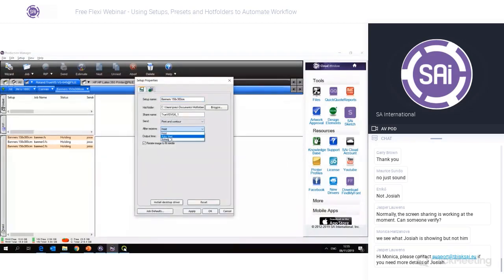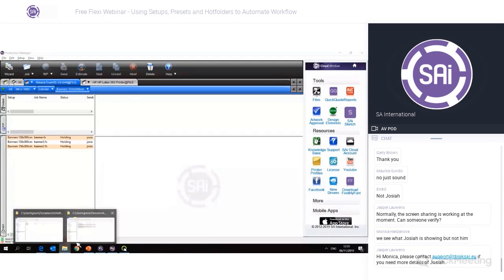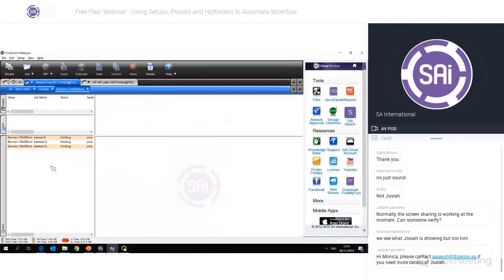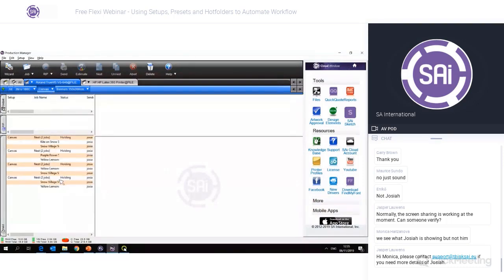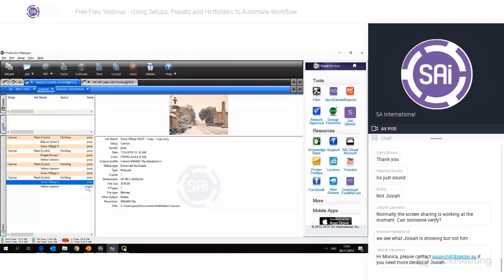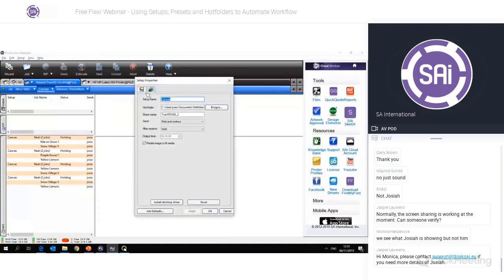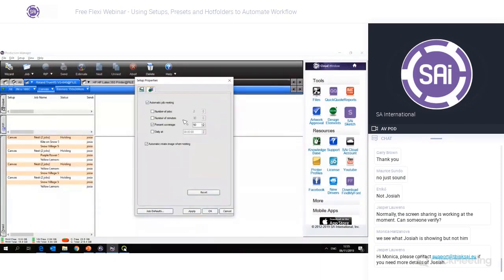So I would just tell it to automatically start when I load jobs into the queue. In this case, I'm not going to do it because it will probably crash my computer again. When I load in one of the banners, it's going to load it, apply the properties, and then automatically rip and output it. With my canvas, because my jobs are both the same size, roughly 50 by 35 centimeters, I set in my setup properties to nest 2 jobs